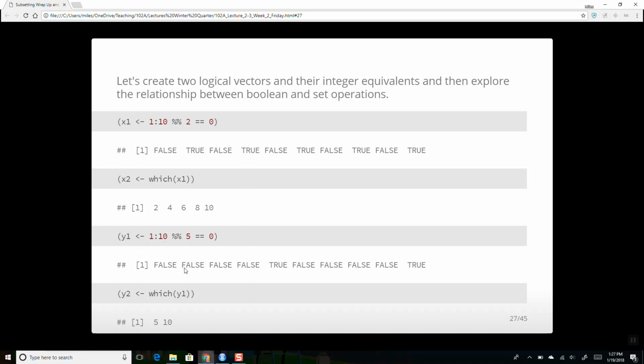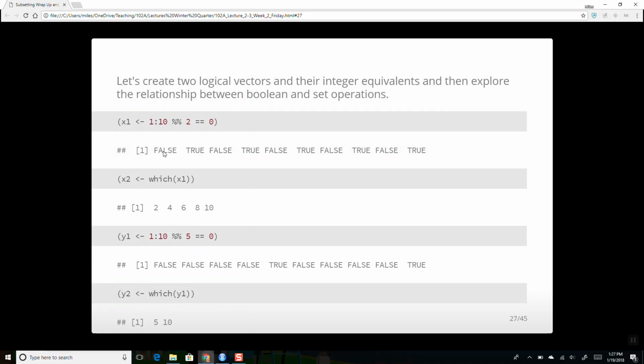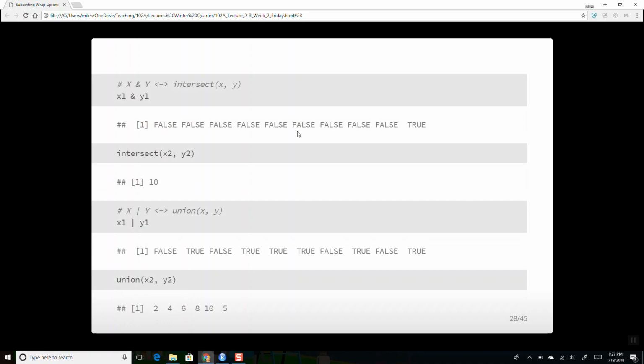And then y1 will be those divisible by 5. So I've got true at the 5th element and the 10th element. Everything else is false for y1. y2 is the integer vector that corresponds to 5 and 10. So if I do the AND operator, then it's going to do basically AND of this true-false vector and this true-false vector,